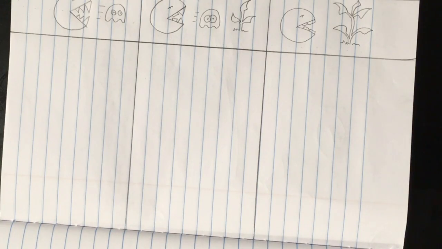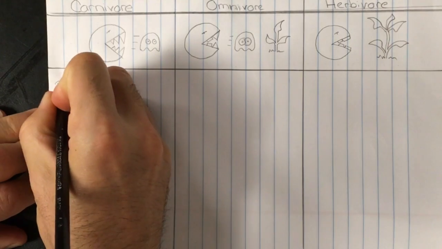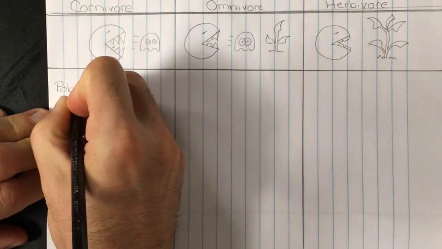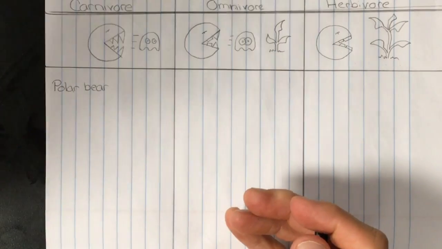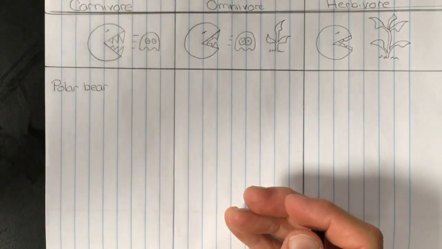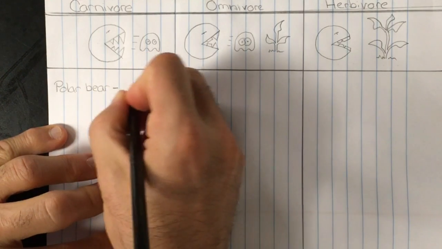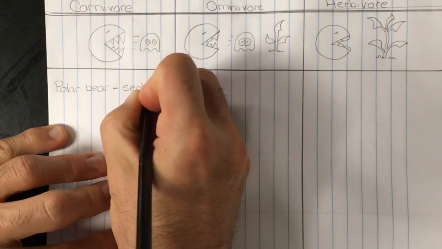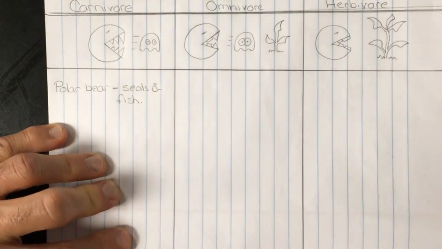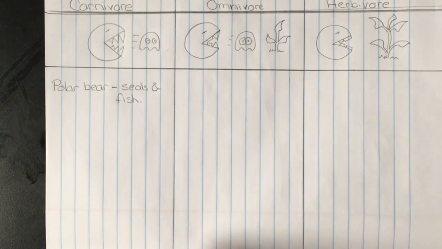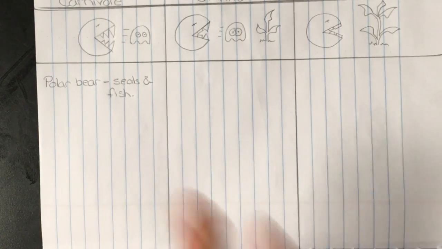Poor seals. Oh, they look kind of cute. Okay, so for carnivore, I'm going to put polar bear. And I'm putting him in carnivore because he doesn't eat vegetables. He eats seals and fish. Boom, and I'm done. What I want you to do is go through and find at least 4 organisms that